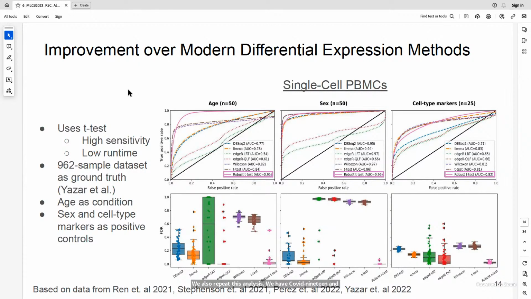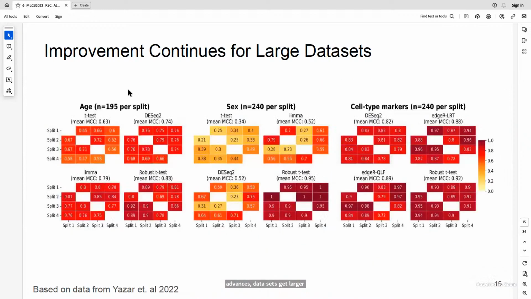So one question that arises is, we're demonstrating this for small data sets, but what happens if, as sequencing advances, data sets get larger? Does our method still become applicable? And so to test this, we took this 962 sample data set and we split it 4 ways. And then between each pair of these 4 sub-data sets, we used one as discovery and one as validation, and